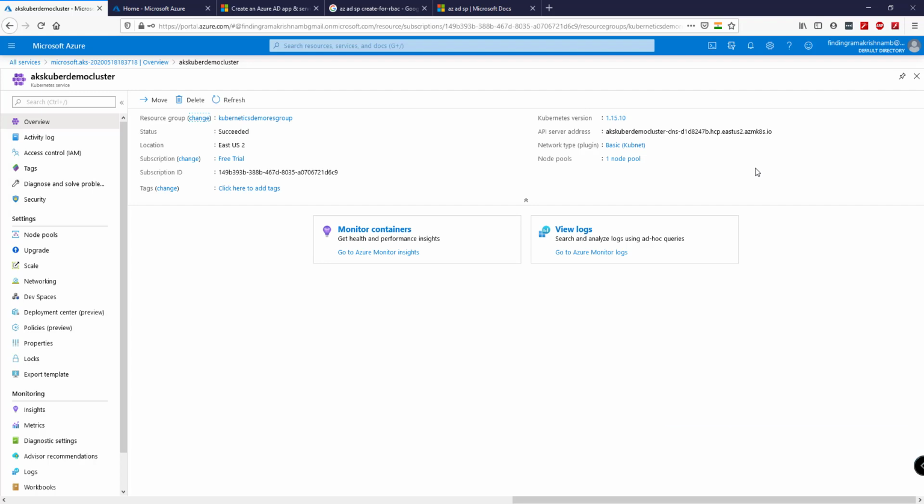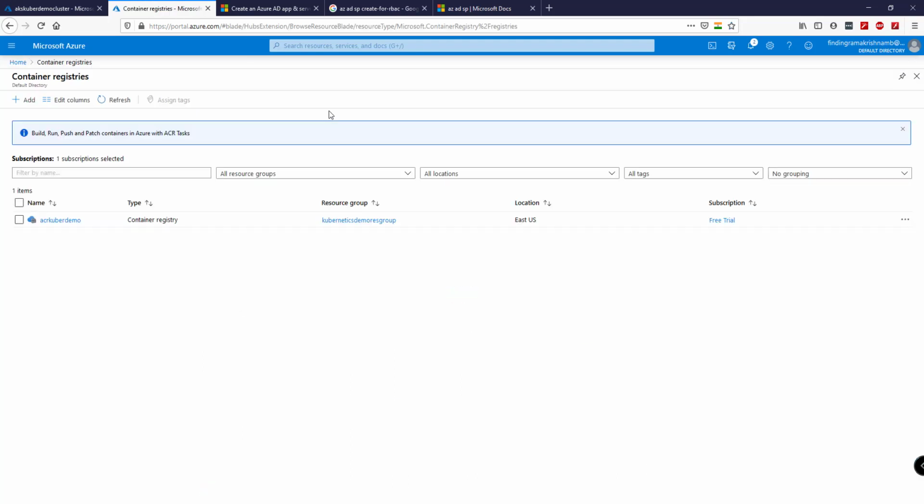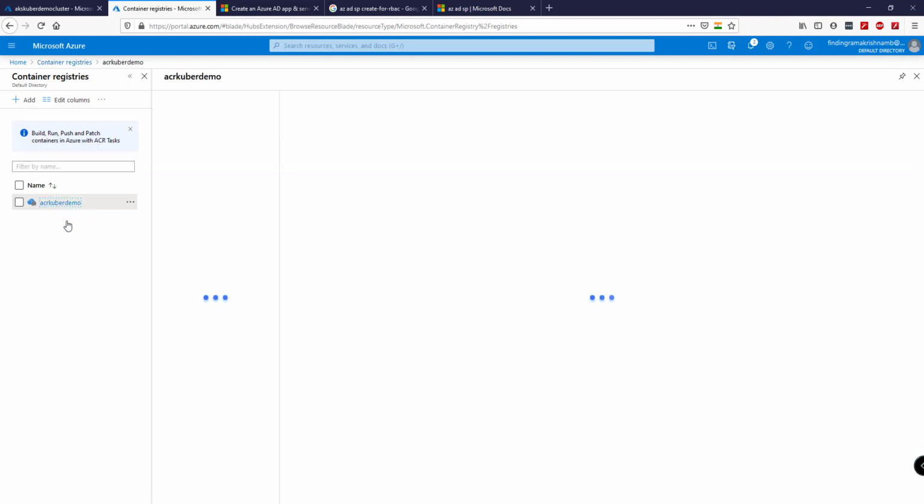Now let us build our Docker image and push that Docker image to the Azure Container Registry we previously created, that is ACR Kuberdemo. So to push the images we need a few things. Let us open this Kubernetes Azure Container Registry.